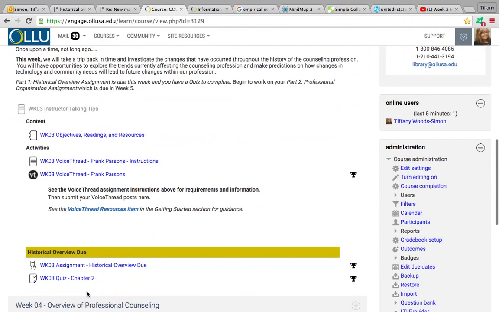Don't forget that you do have a quiz due this week on Friday. You have 2 attempts for the quiz. It is a timed quiz. You have 1 hour to complete it; it's 25 minutes, but you do get 2 attempts. It is open now, so if you are ready to take the quiz, you are more than welcome to go ahead and take it. Several students have already taken the quiz and have done a great job. It's open now, but it does need to be completed and submitted by Friday at 11:59 p.m.